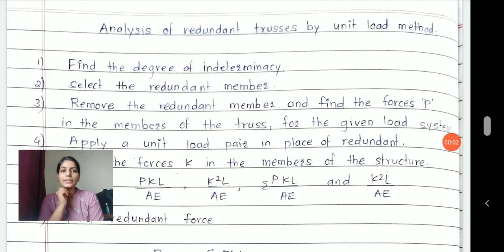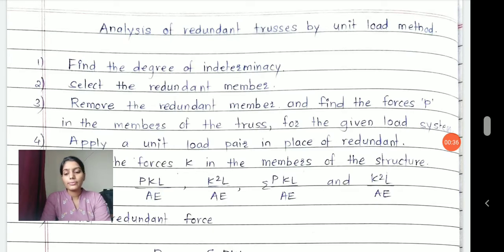Hello students, in today's session we will discuss analysis of redundant truss using unit load method. We have already solved determinate truss, in which we have seen how to apply a unit load method. Whenever we go with redundant trusses, what I have been repeatedly telling is that redundant is not a new concept, but it is a truss which has a certain degree of indeterminacy involved in it. When such an indeterminacy is involved, we call such a truss redundant.